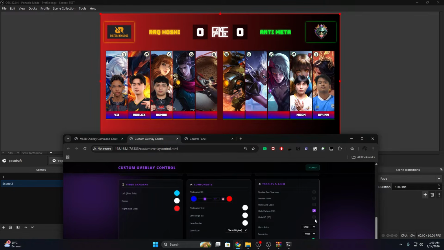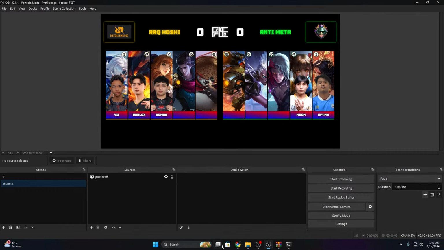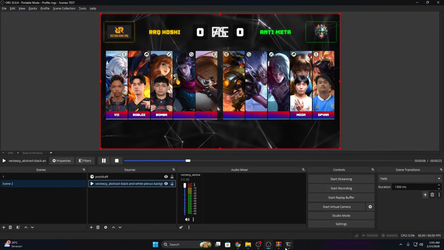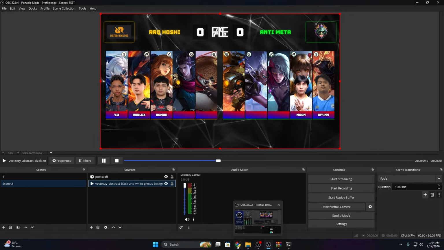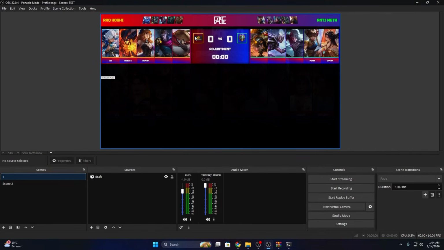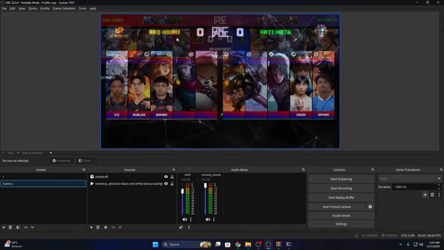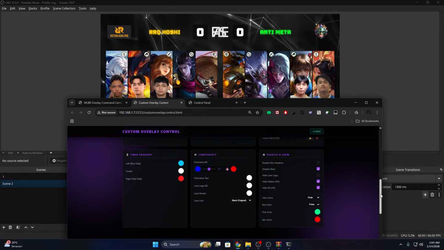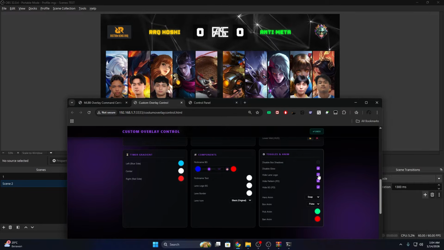It will be hiding. Or if you want to use a custom background, you just hide it and then slap in the OBS a background that you like, just slap it here, and then as you can see, it works as good. And if you find this glow is annoying, you just need to disable it. Basically, you just go here and then where is the glow? Disable glow, okay, and it will be hidden. Also, of course, it will be hidden with this. As you can see, there is no glow. And here is also no glow. And if you want to disable box shadow also, you can disable it. If you want to hide lanes also, the lane logo here, you can hide it. Yeah, it will be hidden.